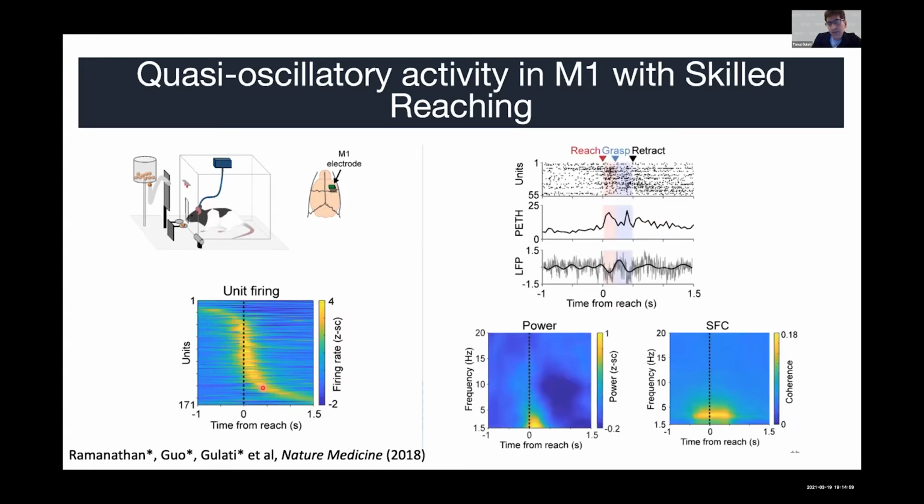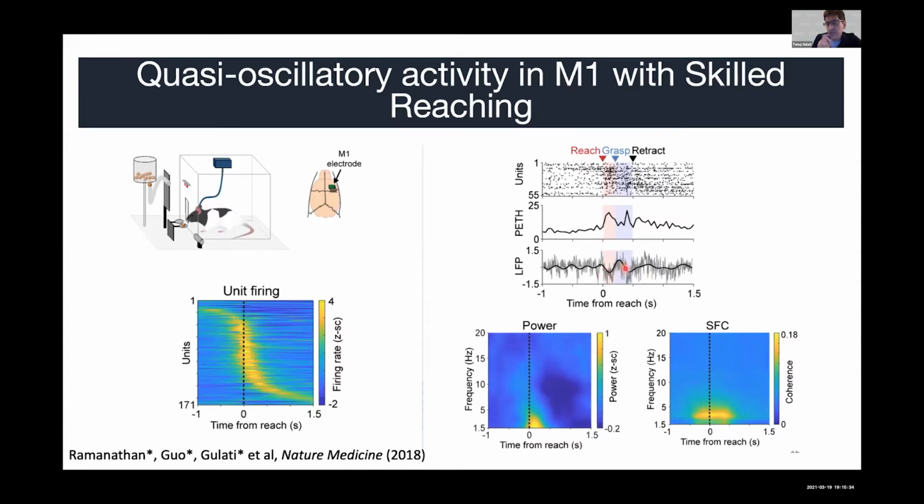And along with this, what we see is that the local field potentials develop this low frequency quasi-oscillatory activity. I'm calling it quasi-oscillatory because there are only 1 or 2 cycles. So it's not an ongoing rhythm, but right around the time of reach, there is this LFO oscillation, and it seems to bind all the neurons. There are 55 neurons in this one reaching trial. And you see that the different neurons are active around the time of reaching or grasping or retracting. And this activity is modulated by this LFO, the quasi-oscillatory low frequency oscillatory activity.